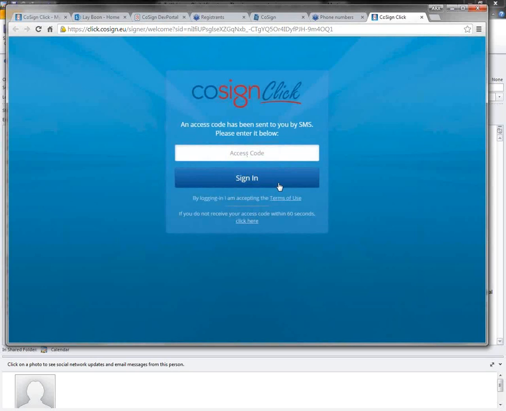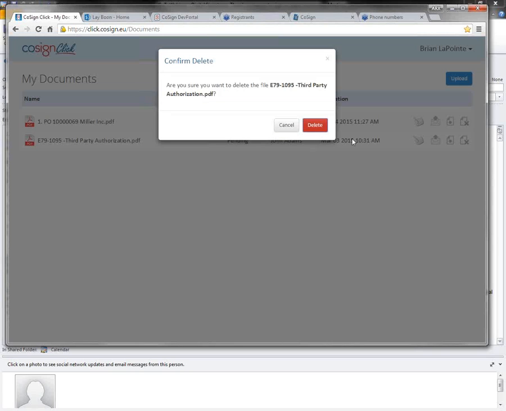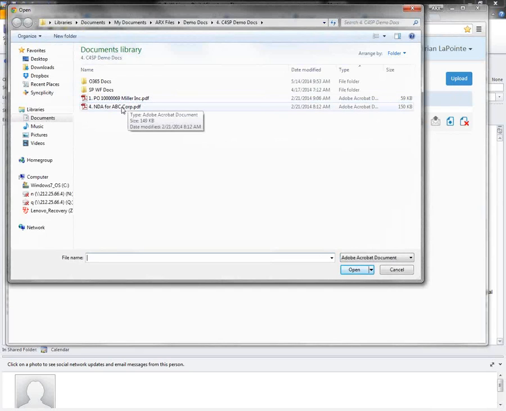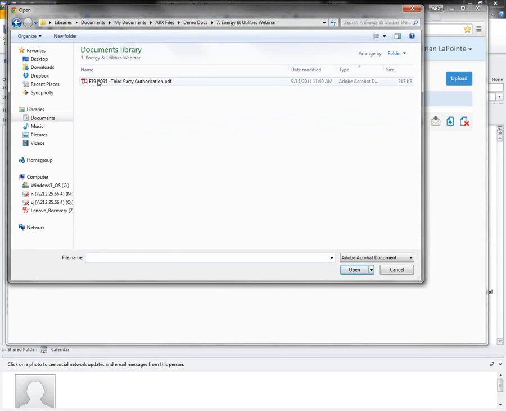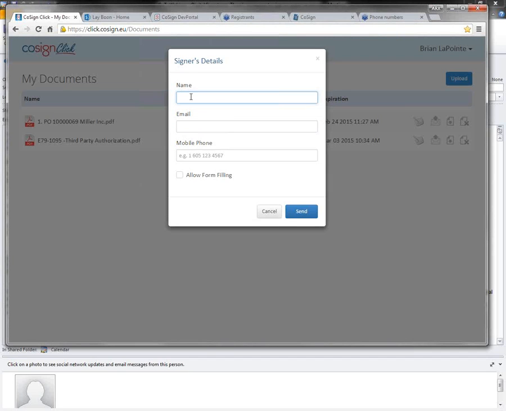Why would it send me an SMS message? Okay. Let's do it over again. Delete. Here we go. I think we've all seen some demos where it didn't go exactly as planned, but we'll try it one more time.